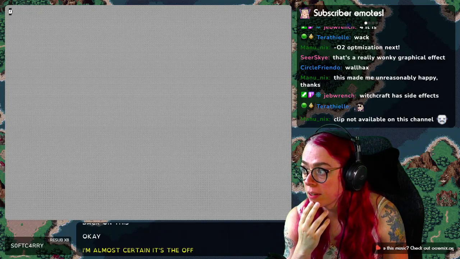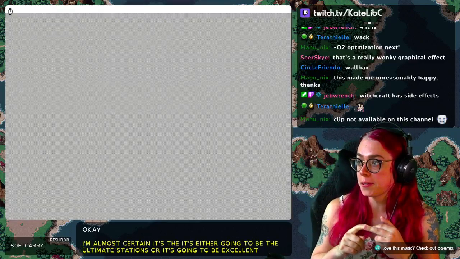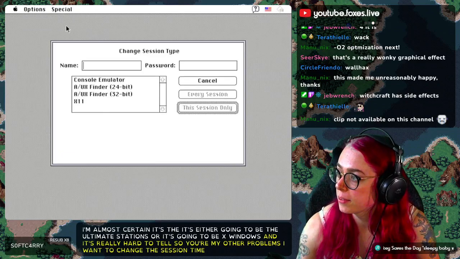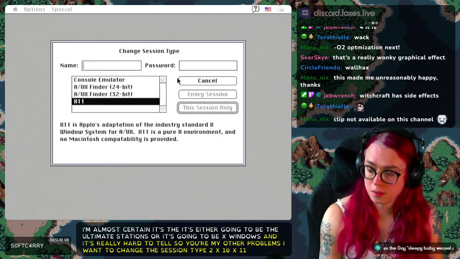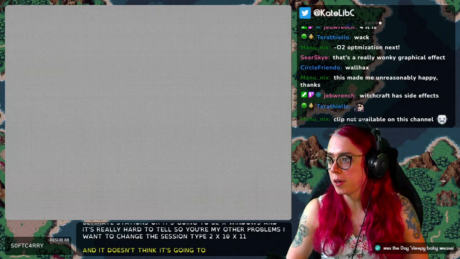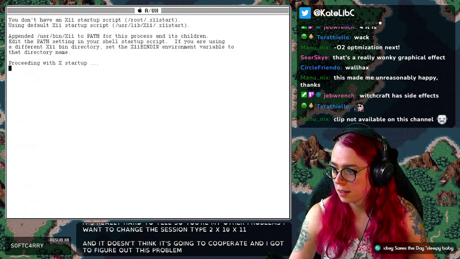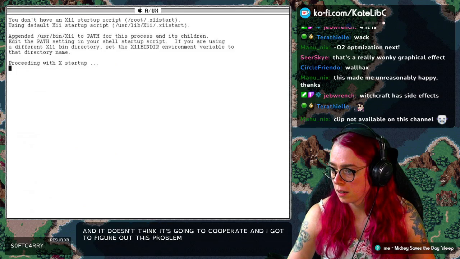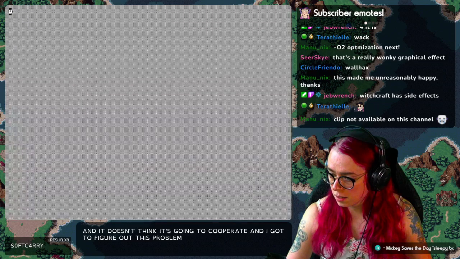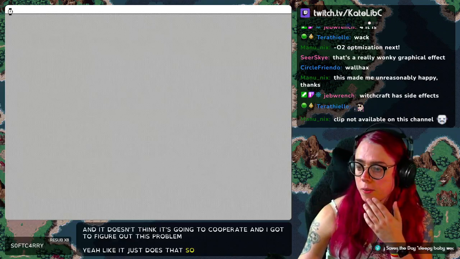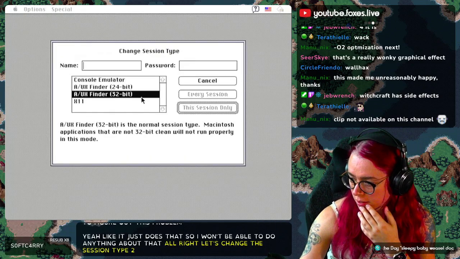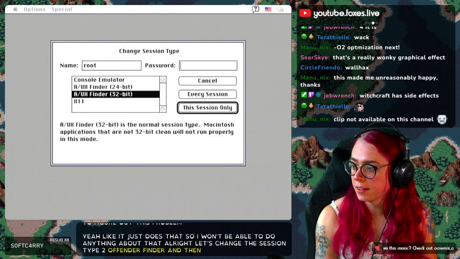I'm almost certain it's either going to be the optimizations or it's going to be X Windows. And it's really hard to tell. So here's my other problem. I want to change the session type to the actual X11. I think it won't cooperate, and I gotta figure out this problem. Yeah, it just does that. So I won't be able to do anything about that. Alright, let's change the session type to the standard finder, and then